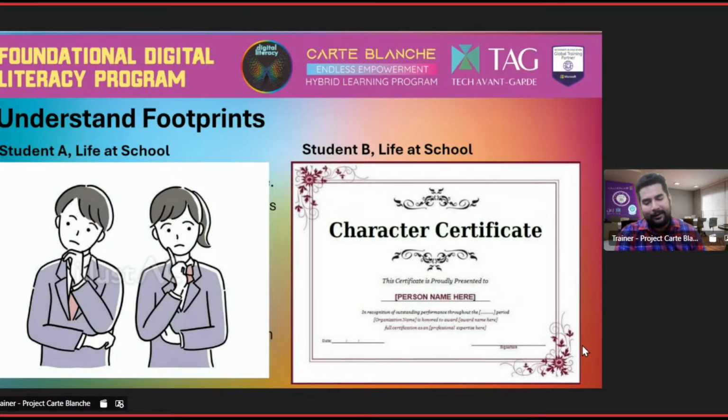Now, both students somewhere know from their heart what mistakes they have done in the school or what good things they have done, and who is more confident about getting the character certificate. Everything is in the hand of the principal.